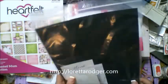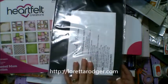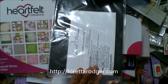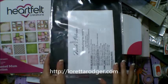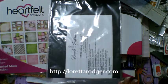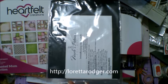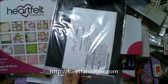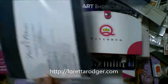This was just the package of goodies. The only feedback I'd have about this Missy class, this class itself was really good, but she gave us this little round template of acetate to use to make a wreath, which is, by the way, a really good idea, but it was so wonky I couldn't actually use it. So I just decided, as far as using a template was concerned, that was no big deal. When I'm home, I'll find a circle and make my own template. So anyway,